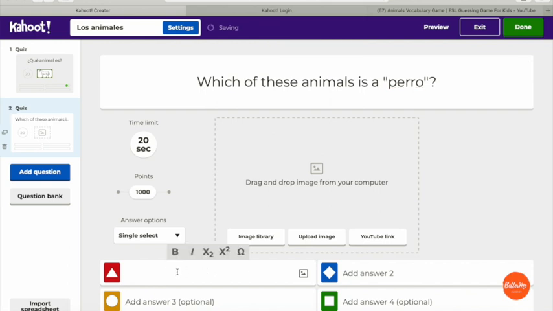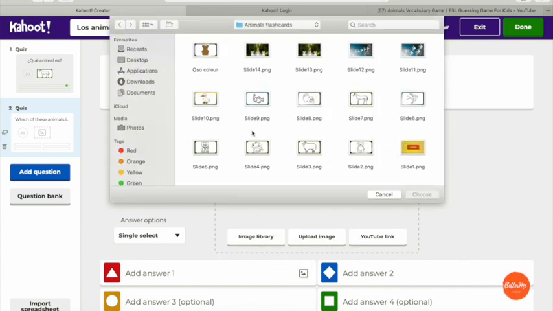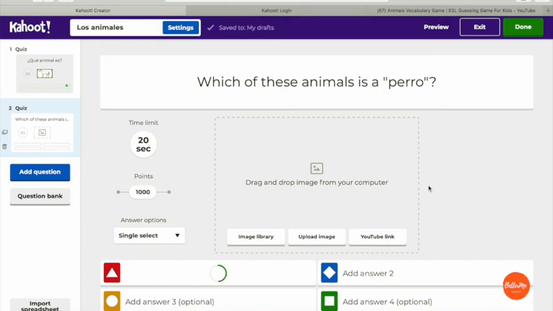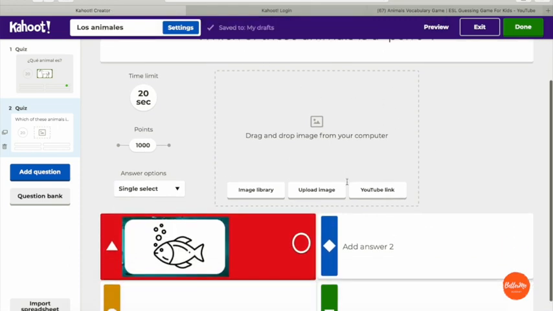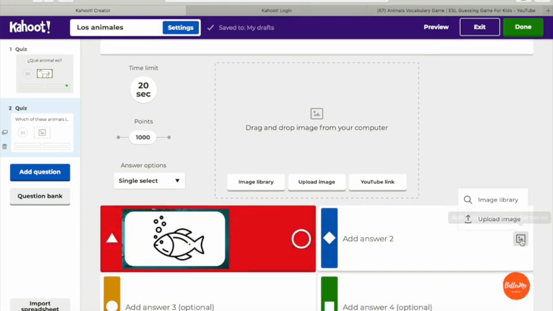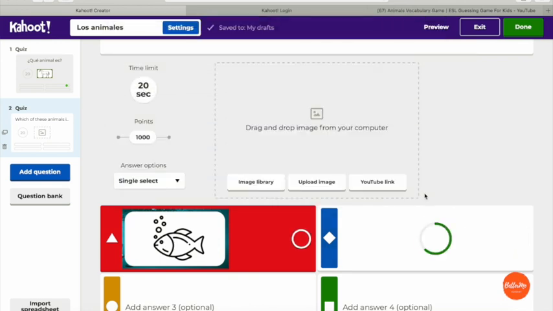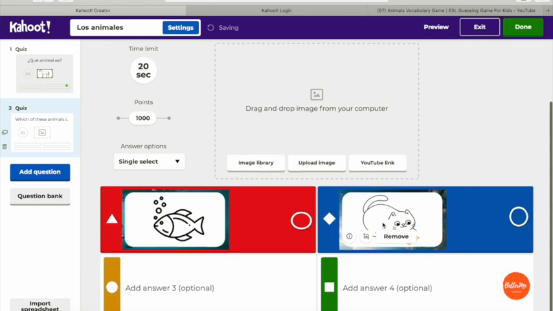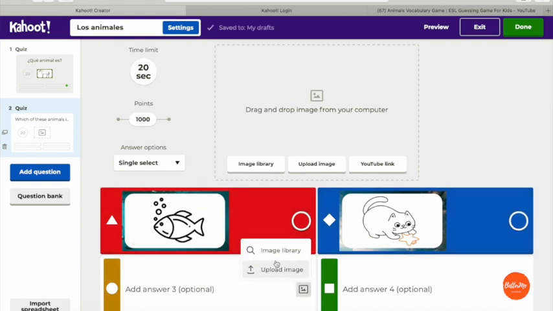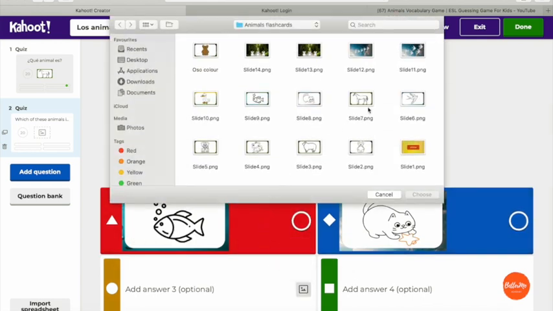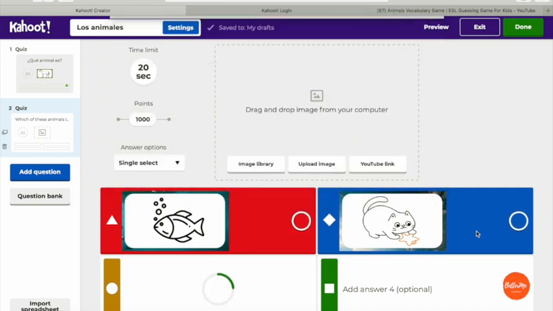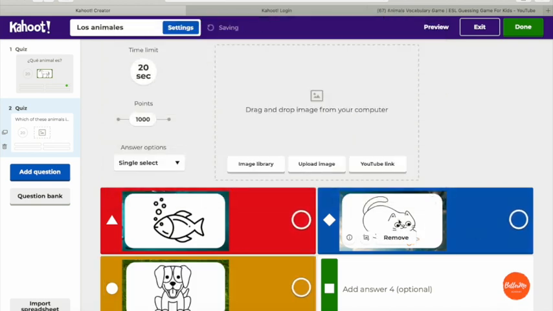So I'll show you. In the previous question, we had entered some text as option. Here, we can even enter an image as an option. Perro means a dog in Spanish. Is this a perro? No. Is this a perro? No. Is this a perro?